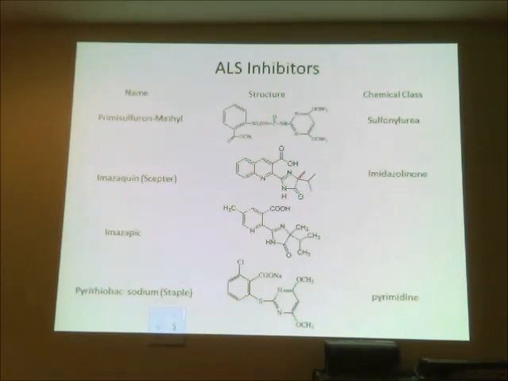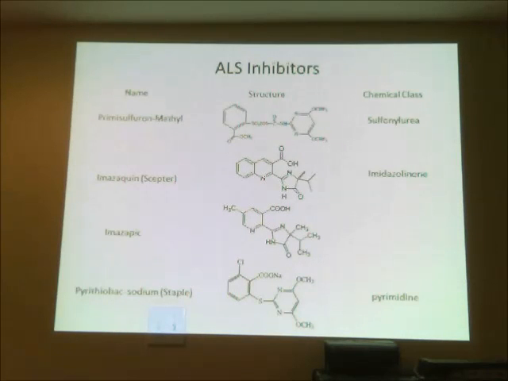Here are some ALS inhibitors. We talked about these before. These are the acetolactate synthase inhibitors, the sulfonylureas. Again, this is the urea. Remember, there's 2 nitrogens and a C double bond O, that makes it a urea. And this SO2 group is the sulfonyl group. Anything that had that functionality, SO2, NH, CO, NH, those kinds of compounds were, and are, I should say, ALS inhibitors.